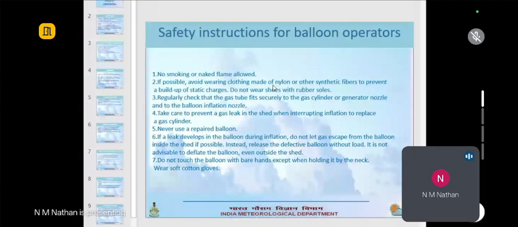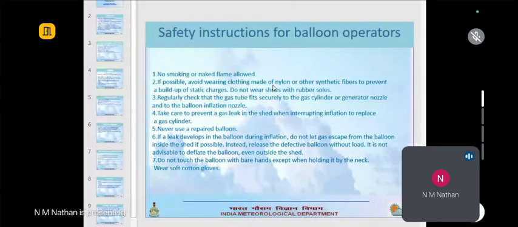Then take care to prevent gas leaks in the shed when interrupting inflation to replace the gas cylinder. There should not be any gas leak even if you are changing to a new cylinder. Never use a repaired balloon. If any leakage is there, that balloon should not be used. That is very essential. And if a leak develops in the balloon during inflation, do not let the gas escape from the balloon